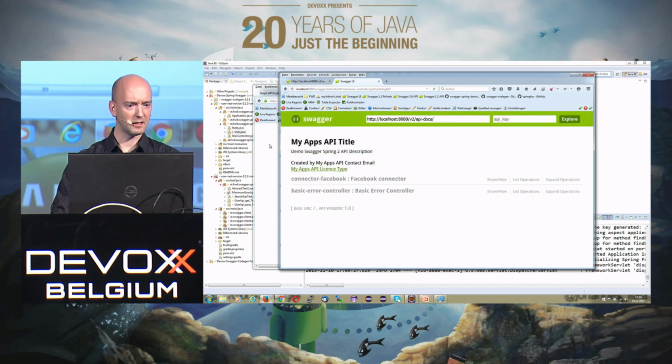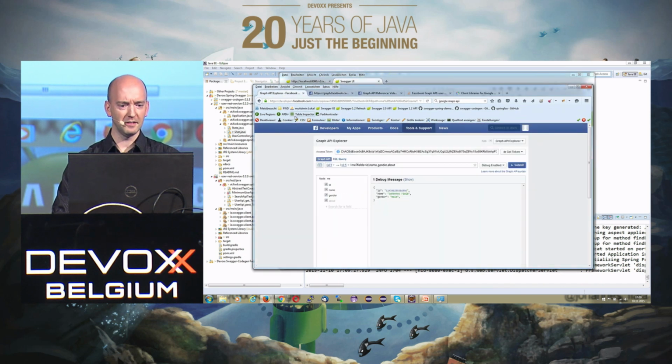So let's take a quick look at the Facebook API. Who is using the Facebook Graph API right now? No? One, okay. So yeah, I think it's quite a big API. It supports lots of attributes. And they built the Graph API Explorer, where you can simply add attributes and query for it. Let's try it out. And what I don't like about this is it's something which is specific to Facebook, and